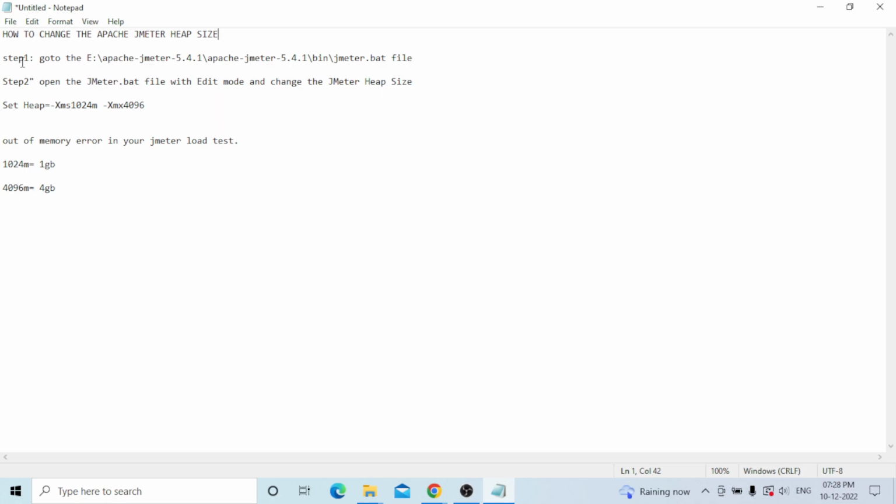go to your JMeter installed path. For example, my JMeter files are available in the E folder, Apache JMeter 5.4.1, then Apache JMeter 5.4.1 again, then bin, and the jmeter.bat file. Okay, step 2 is you need to open the